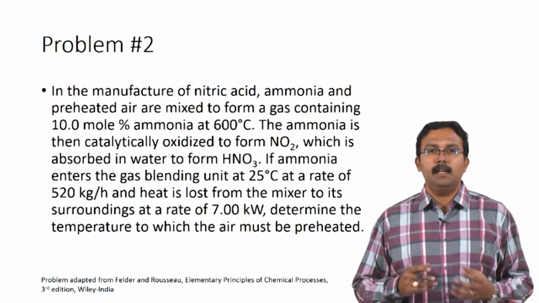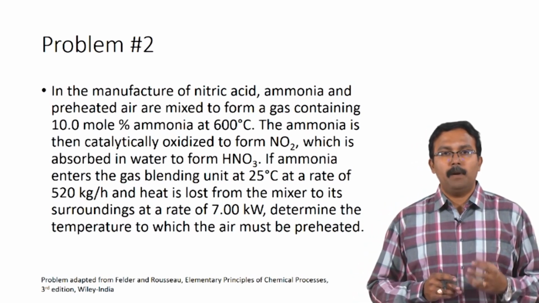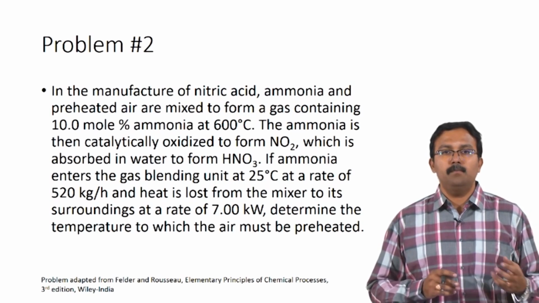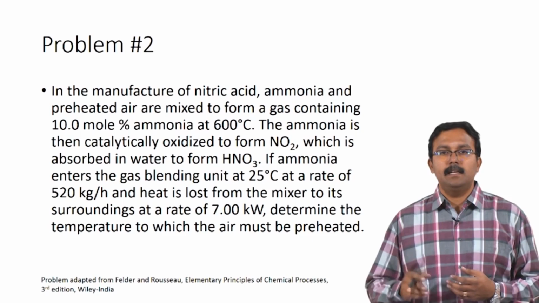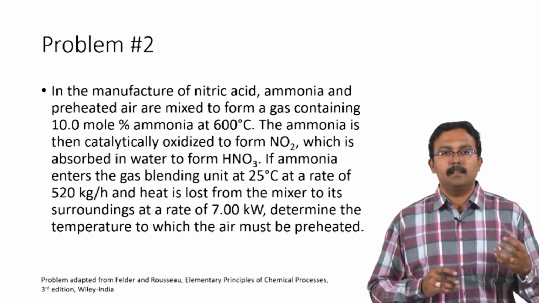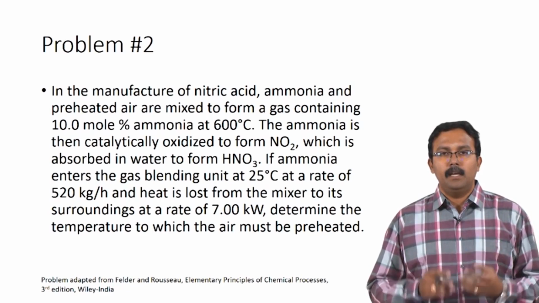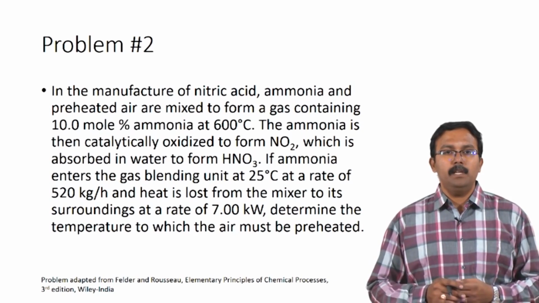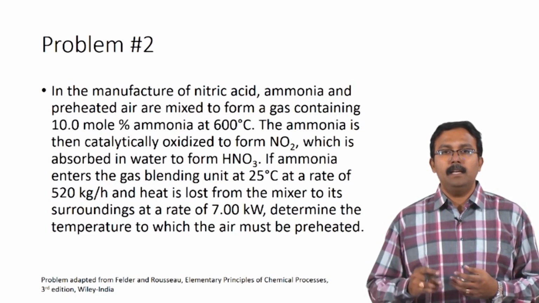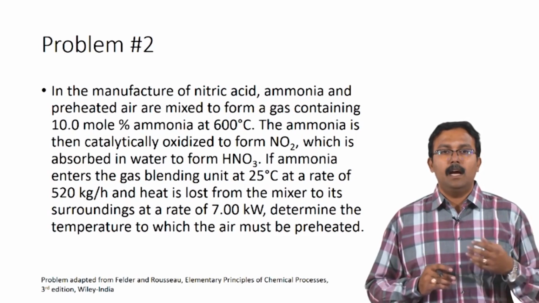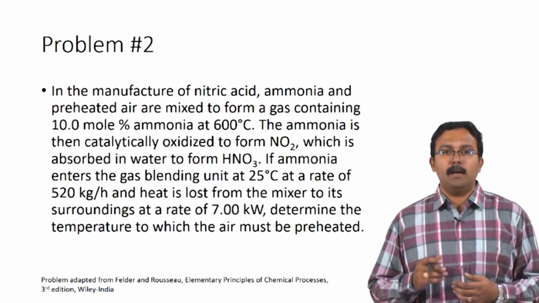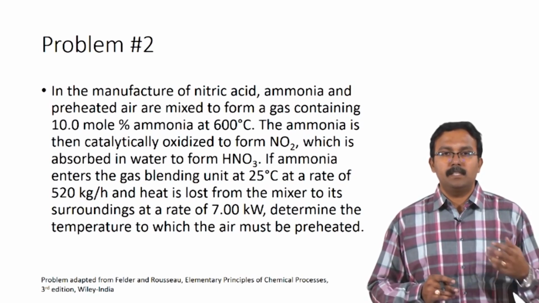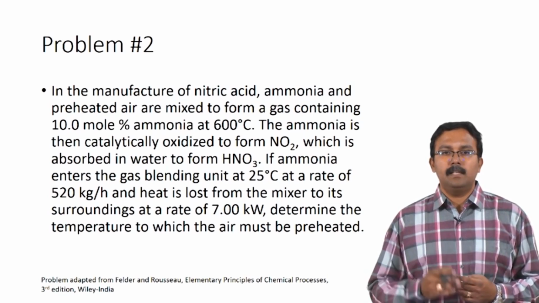So, here is the next tutorial problem. In the manufacture of nitric acid, ammonia and preheated air are mixed to form a gas containing 10 mole percent ammonia at 600 degree Celsius. The ammonia is then catalytically oxidized to form NO2, which is absorbed in water to form nitric acid. If ammonia enters the gas blending unit at 25 degree Celsius at a rate of 520 kilograms per hour, and heat is lost from the mixer to its surroundings at a rate of 7 kilowatts, determine the temperature to which